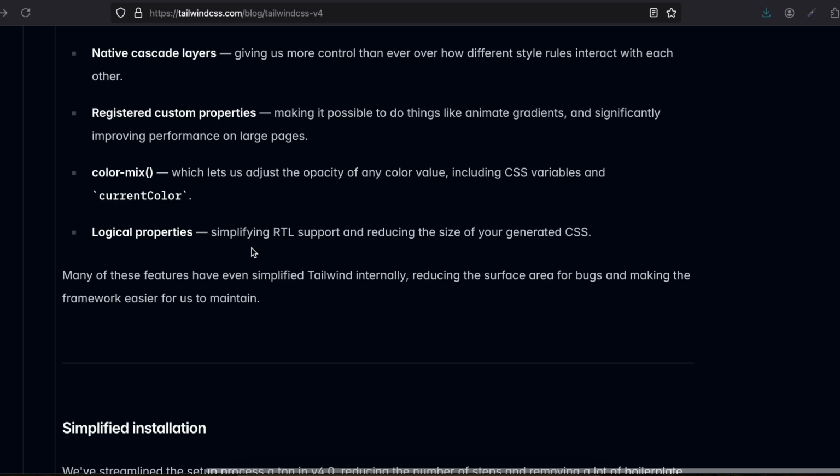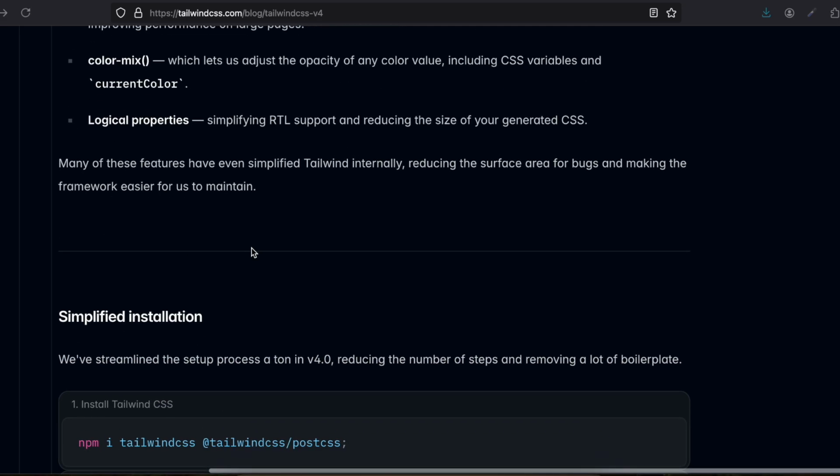Registered custom properties, making it possible to do things like animate gradients and significantly improving performance on large pages. Color-mix, which lets you adjust the opacity of any color value, including CSS variables and currentColor. Logical properties, simplifying right to left support and reducing the size of your generated CSS. Many of these features have even simplified Tailwind internally and reduced the surface area for bugs, making the framework easier